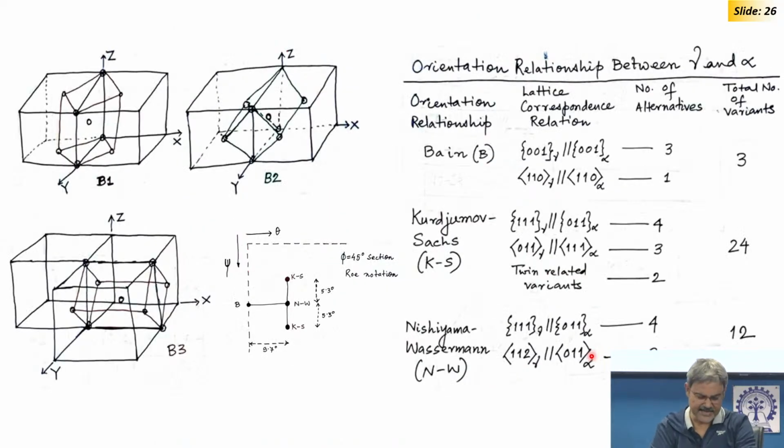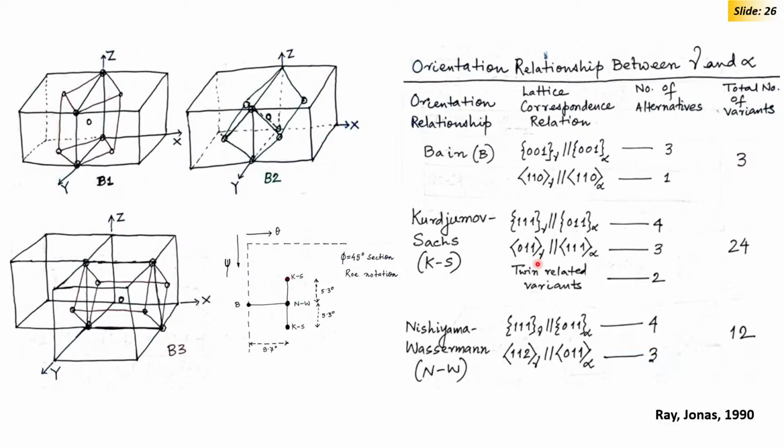Now, just one slide I will tell you about the crystallography. So, the Bain relation which I drew previously in a single way, you can draw the same thing by joining points in a different way. So, you see there are 3 possible ways you can draw this BCC inside the FCC. So, there are 3 Bain variants, we call them 3 Bain variants. We already know their orientation relationship, which is written over here. So, you have 3 possibilities, right. So, we call this total number of variants 3. Now,